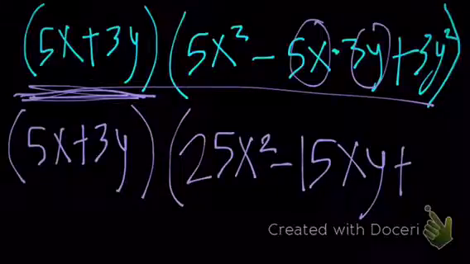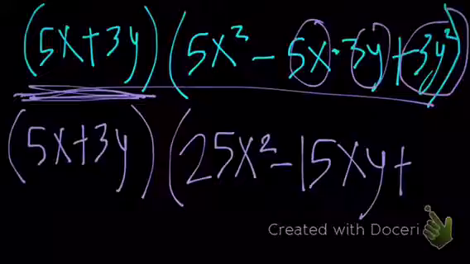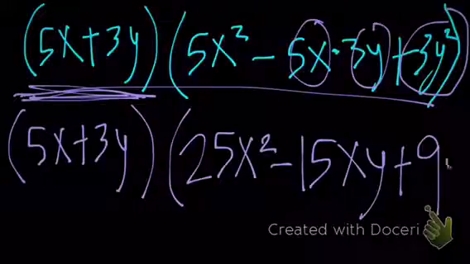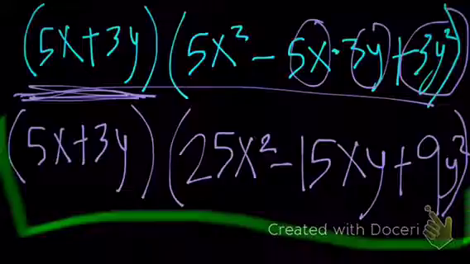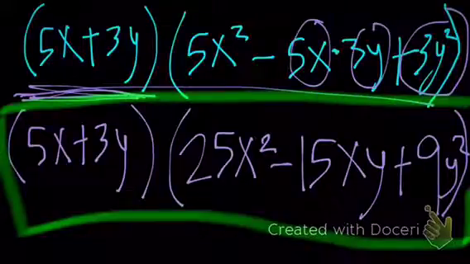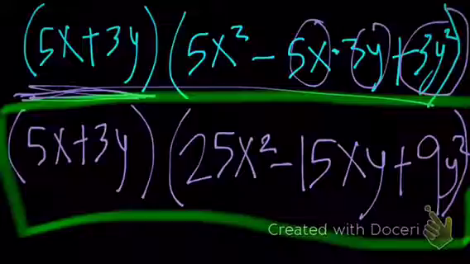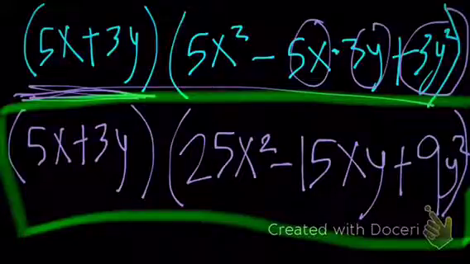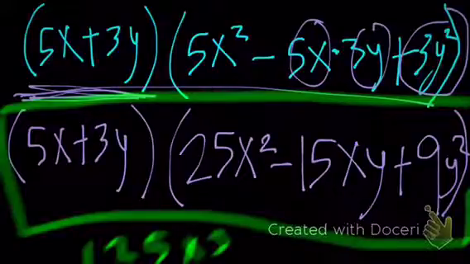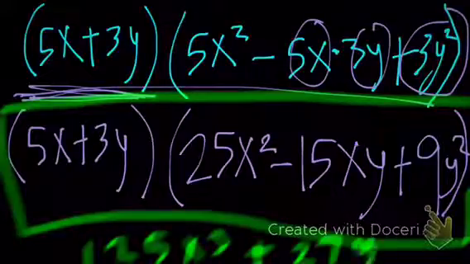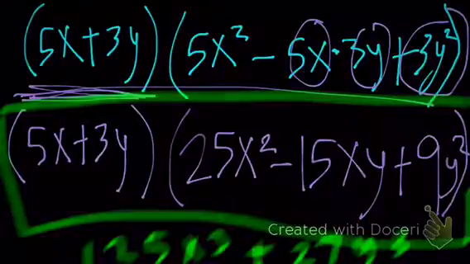And then we're going to take this 3y and square that. So 3 squared is going to be 9, and then square the y, so it's going to be 9y squared. And that is going to be your final answer: 5x plus 3y times 25x squared minus 15xy plus 9y squared is equal to the 125x cubed plus the 27y cubed that we started off with. Okay, so now that we've gotten through example number 1, we're going to go ahead and move on to example